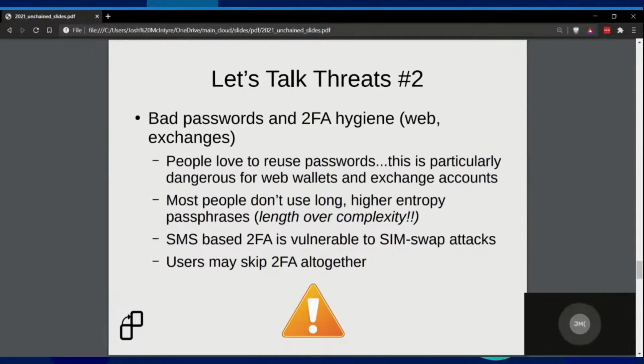So like my passwords, I don't know any of my passwords other than my password manager and encryption passphrases. Everything else is random and stored in my password manager. And that makes life a lot easier for the users because A, you get autofill, and B, you get a lot more security. So it makes your life better online.